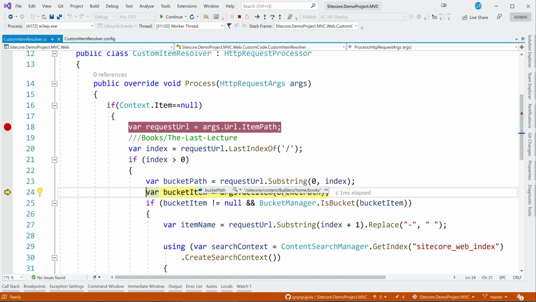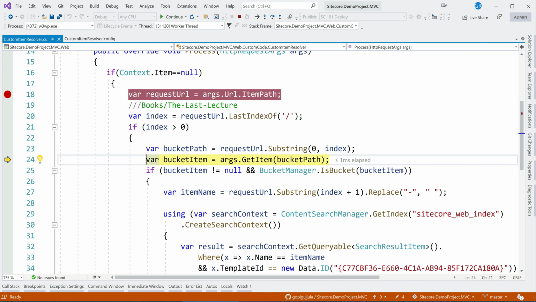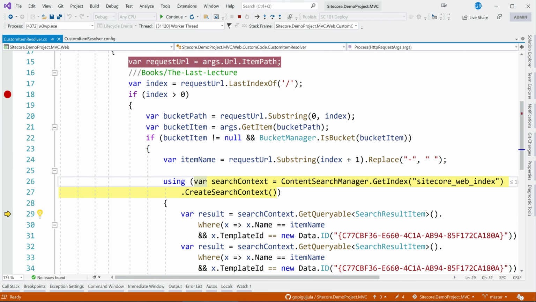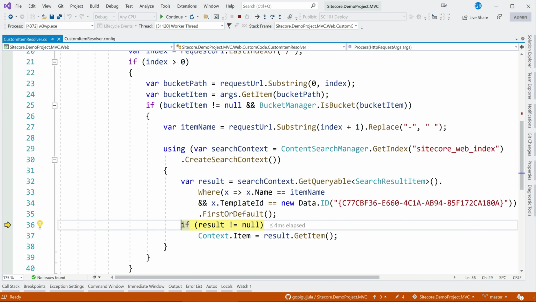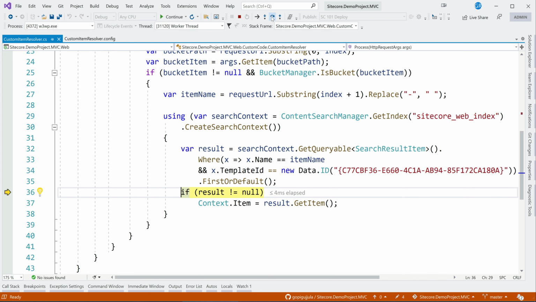So you know that if we have the path, we can get the item. So already there is a way, args is there. So HTTP request args, using that we can get the item. So if you go here, you already got the bucket item, which is books, and books obviously is the bucket. So then it will go to the inside, and let's strip off the item name, which will be the last lecture. Now we also need to get this. So result, and result is the last lecture, template name, book, version, and all these things. So if you go and check in this,